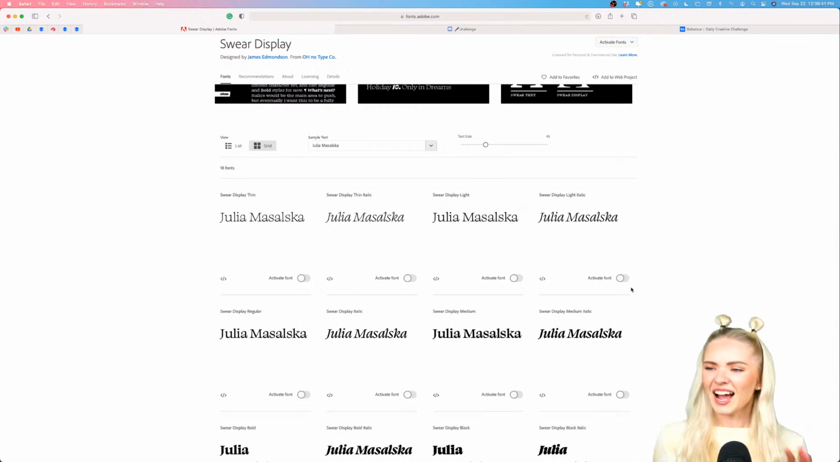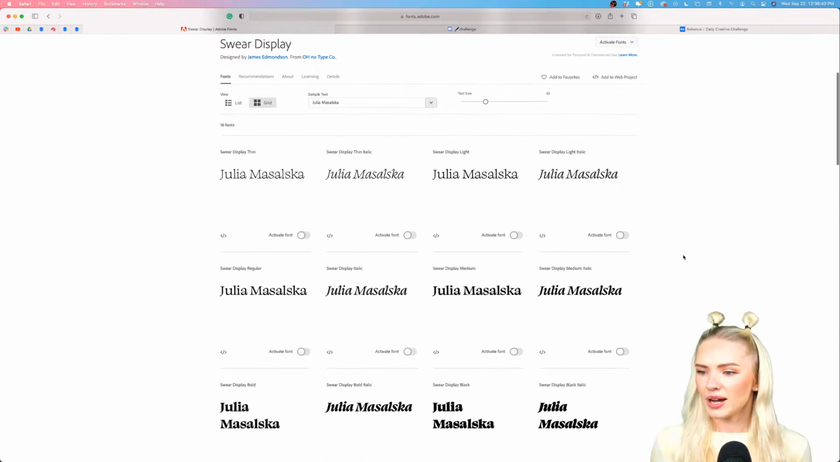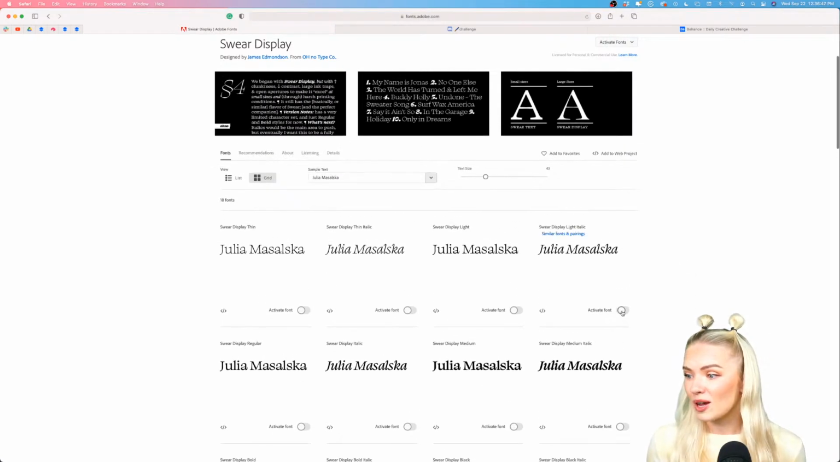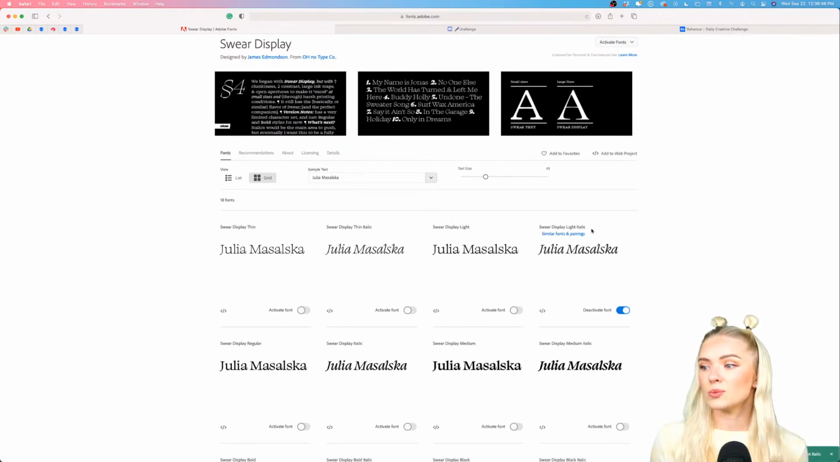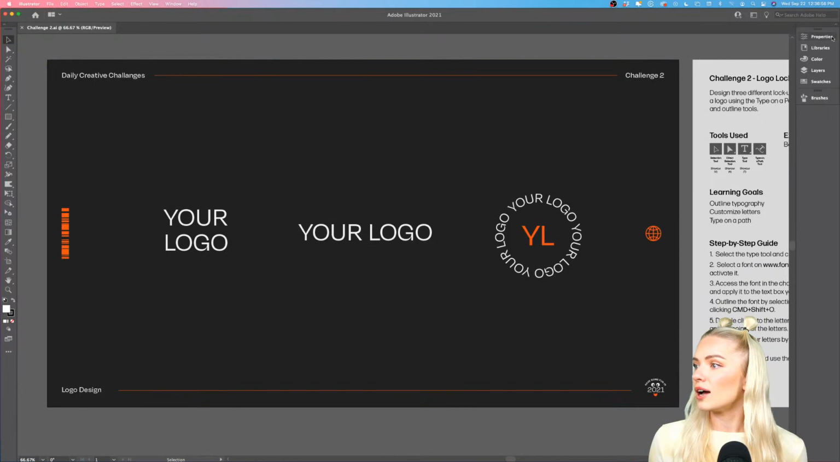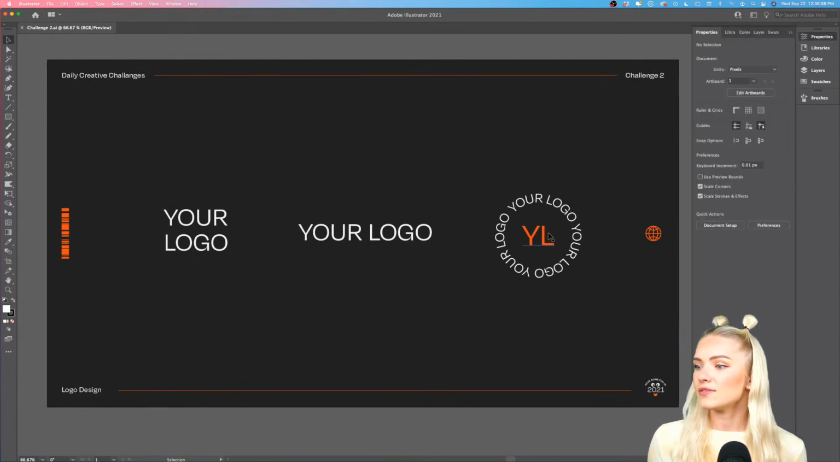All right. Yeah, I guess I'm just gonna do my first and last name, and you can feel free to type in your own name. So I'm going to activate this font. It's called Swear Display Light Italic. Now I'm going back into the Illustrator file, and I'm going to have this font already activated in my properties